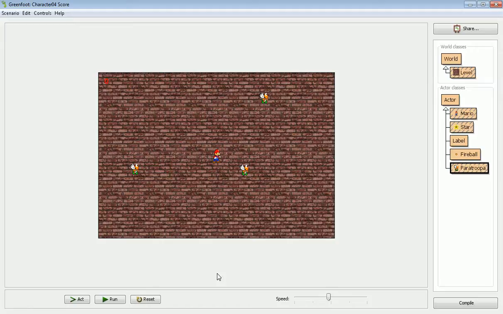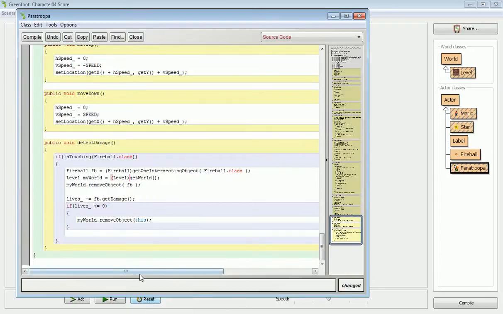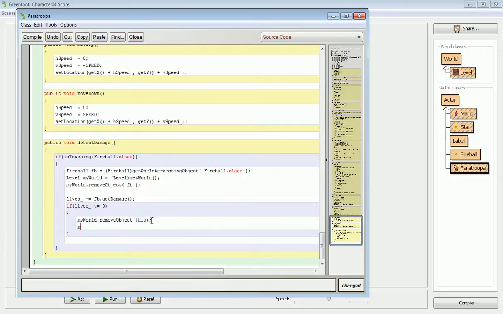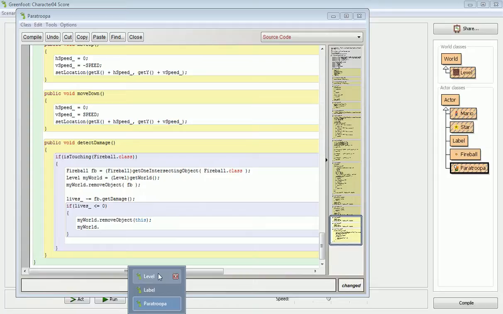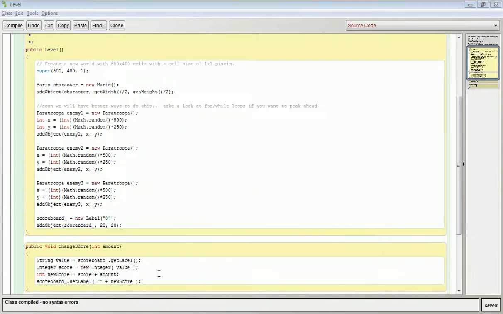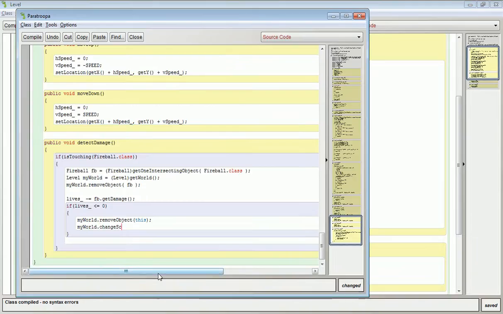Sorry about that, I must have bumped the mouse. Okay, so it'll behave exactly as it had before, only now I can say my world dot, and I'm able to update the score. So the method that we were using here, change score, let's just say that it's worth 10 points. We'll now add 10